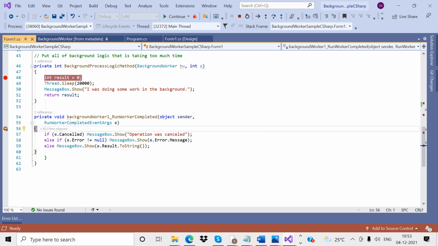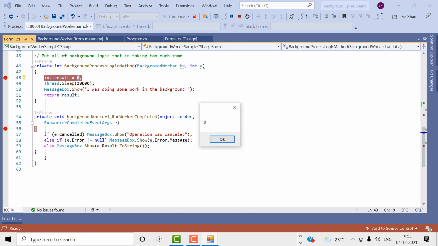This is the last, final event. Was the event cancelled? No, we did not cancel any event. Did we get any error? No, we did not get any error. Let's simply see the result here. We return result equal to 0, and the function executes and shows 0 without any errors. Okay, this is the function.